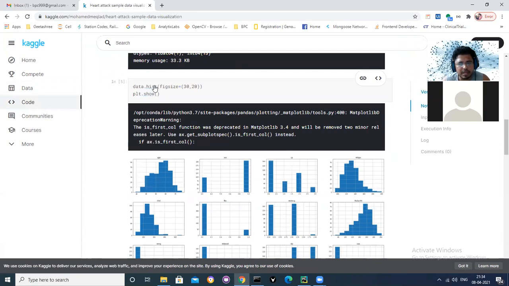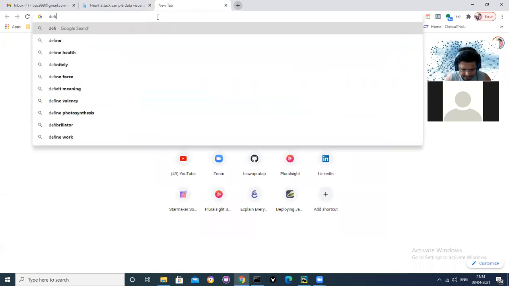Count, frequent count. Suppose that means age 60, 60 people had come. Number of people with different age. So if we see the definition of histogram,